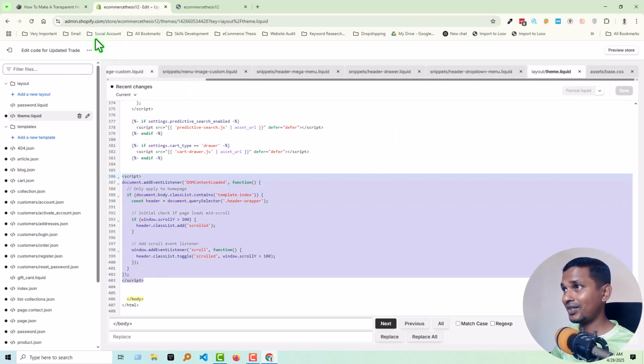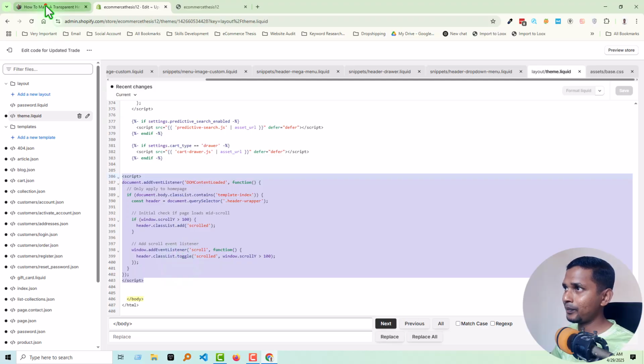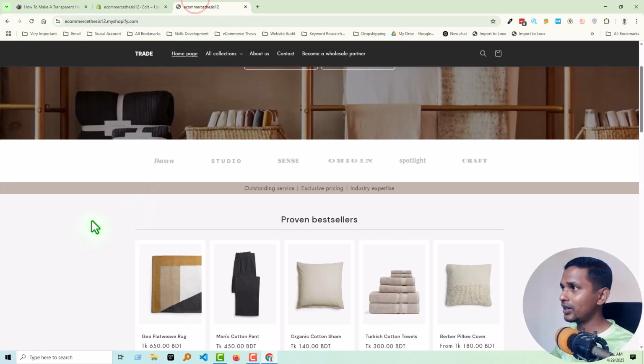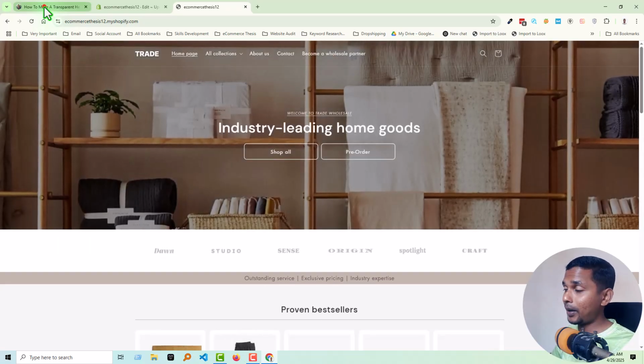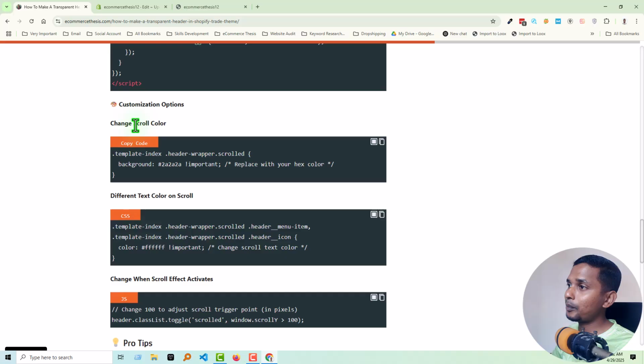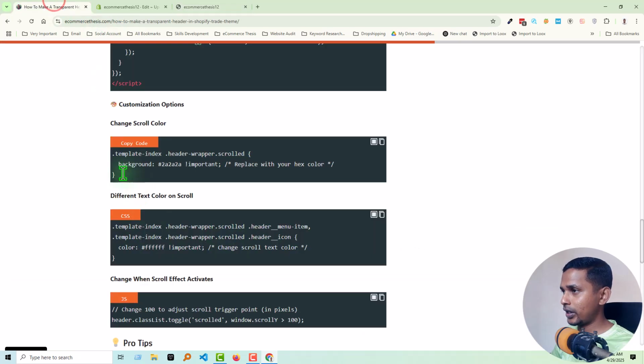Okay, very simple. Then you have customize options. When we have completed the two steps, it will work smoothly without any issue. You get the result instantly. But I have added more options, for example, changing the scroll color when scrolling. So how can you do this? For example, right now this is the real color and we want to change it. So just copy this line of code, simply